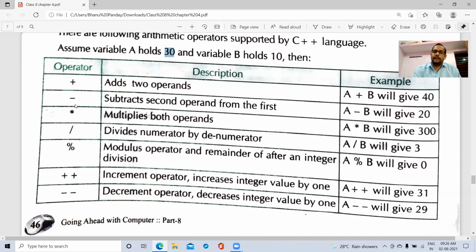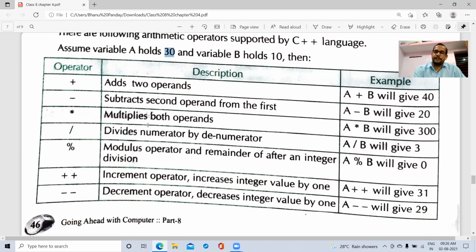Similarly, the minus sign is for subtraction. So subtract the second operand from the first one, like A minus B. It means the value of B is subtracted from the value of A, like 30 minus 10, result is 20. Similarly, the third one, multiplication.